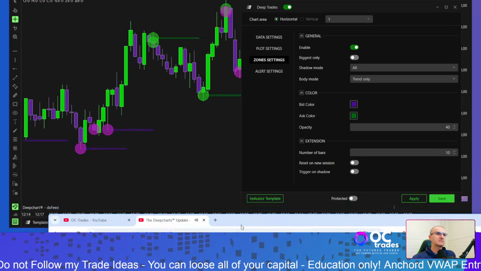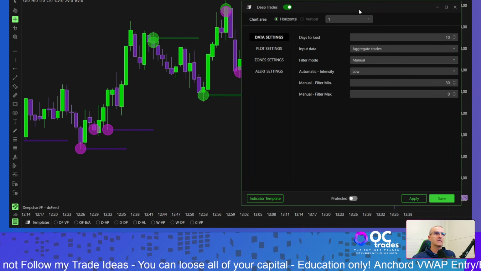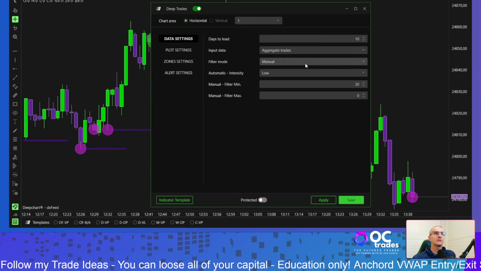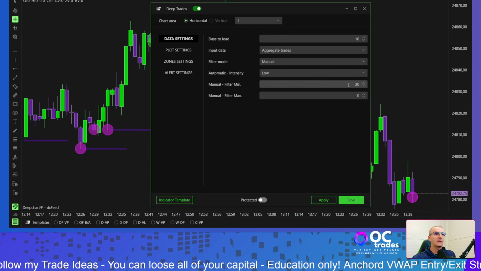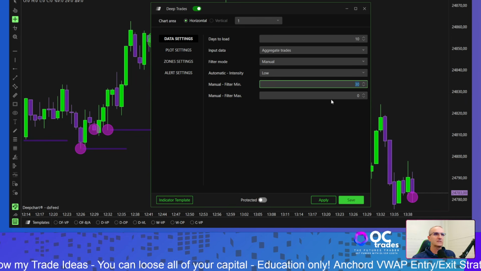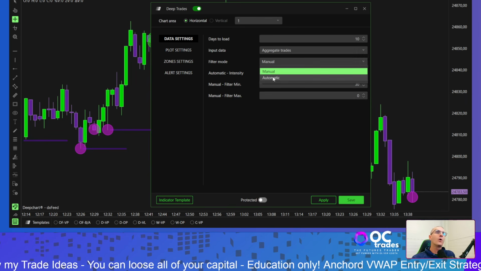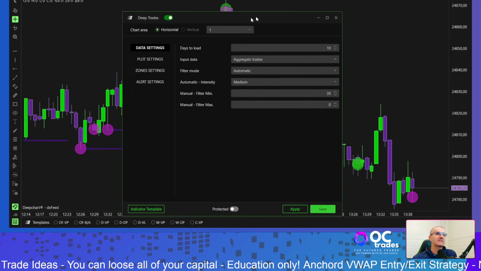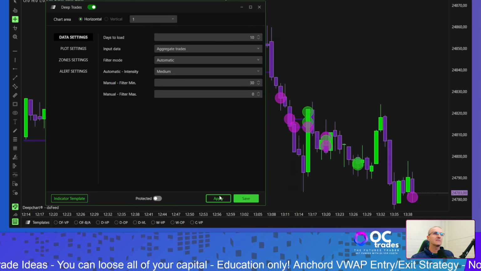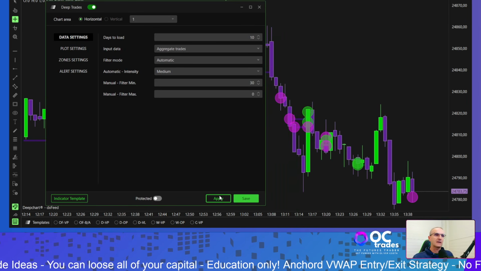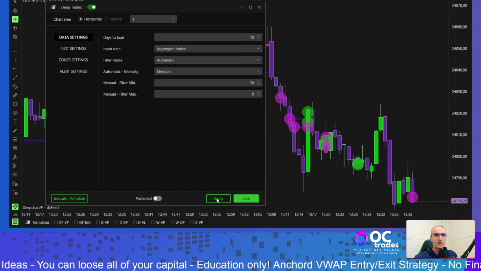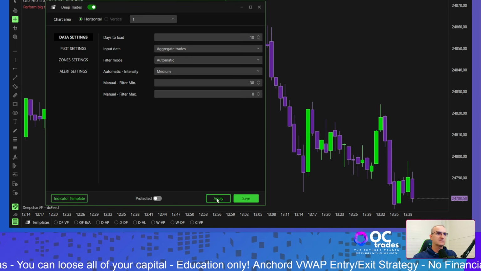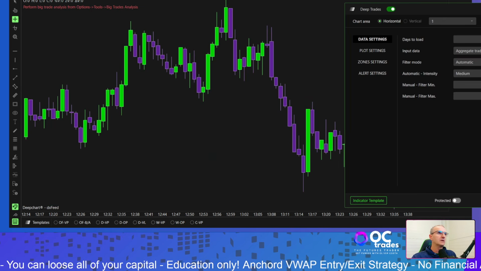So which means the first thing, actually, maybe go back here, is kind of the aggregated trades. You can make it like we did it here to filter the trades manually and put in a number, so kind of minimum trades 30 and maximum something, or you make it automatic and put in for whatever automatic intensity it works. But I think about it, I've never tested it so far because it's brand new. There was no time left to do it on a real trading day. It's maybe kind of filtering out